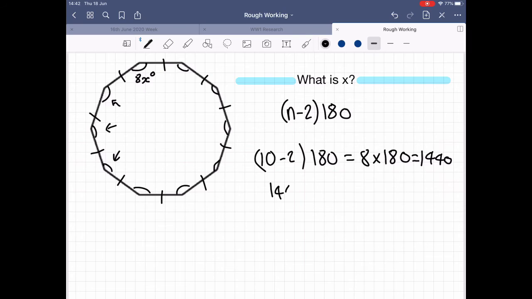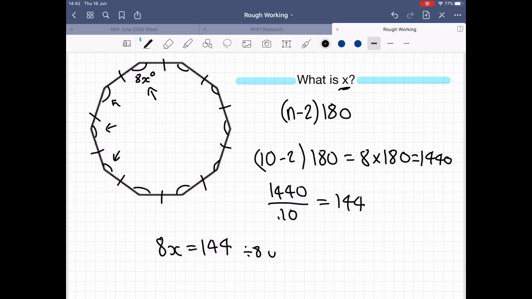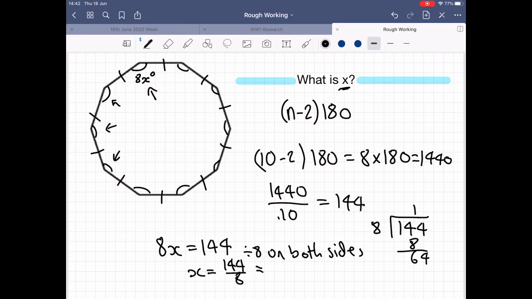Okay, so now that we have this value of each angle, this is 8x, so we equate 8x to 144, and to find x we simply divide by 8 on both sides to get rid of the 8 in 8x, and then when we do the division of 144 divided by 8, we will find out that the answer is 18,